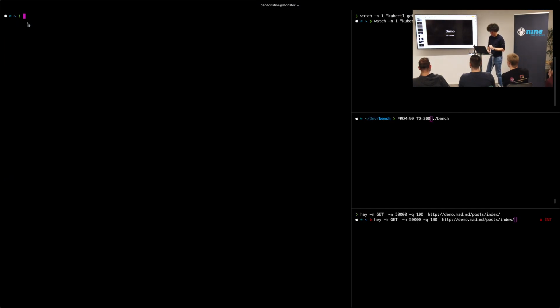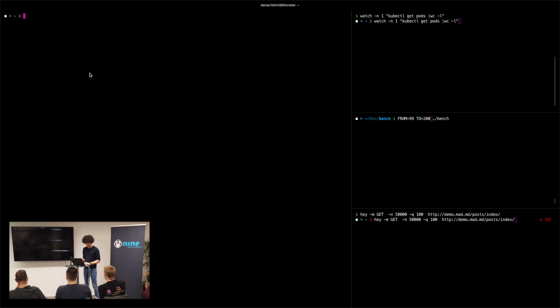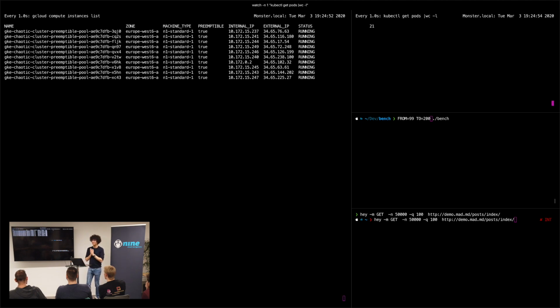Let's go and see what our VMs are doing. And watch this, please. OK, I forgot to mention, GKE is set to autoscale. Also, I have a horizontal pod autoscaler. If you don't know what it is, basically you select the metric of your container, in this pod container, and in this case, it's CPU.